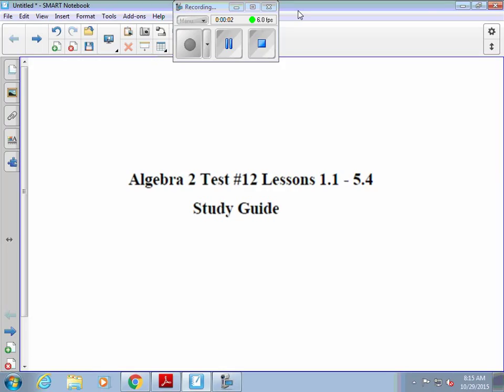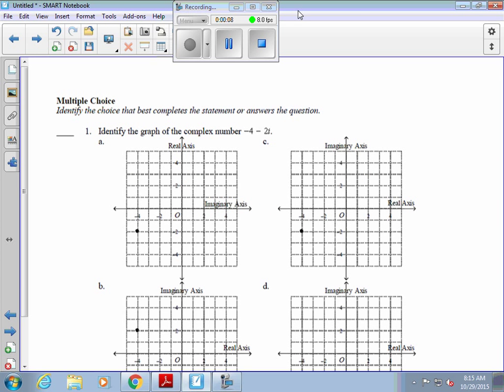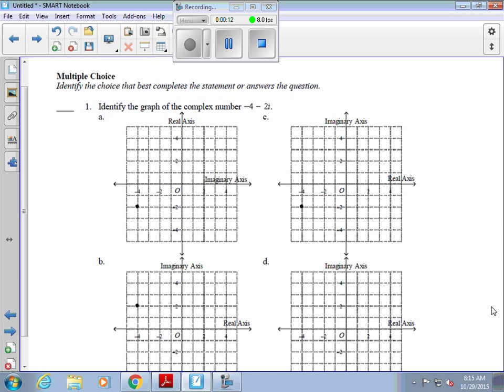This is Algebra 2, test number 12. Got through lesson 5.4 where we're dealing with complex numbers, first study guide. You have to graph on a complex plane. Remember what graphing on a complex plane is, real simple. X is your real number, and Y, typically what your Y-axis would be,